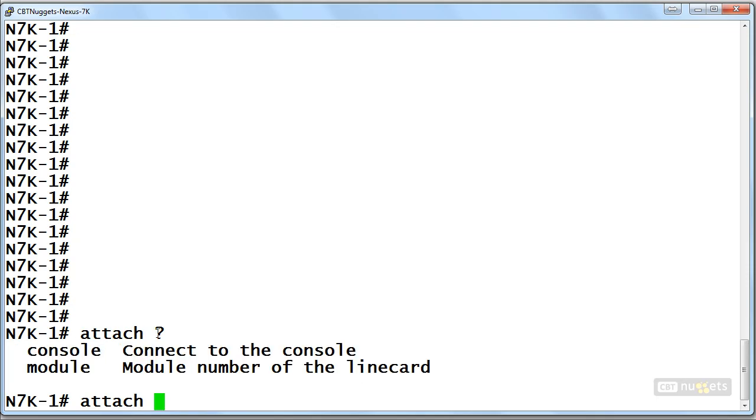So you would say attach CMP for connectivity management processor. You would then be prompted for a login. By default, your global admin accounts from your default virtual